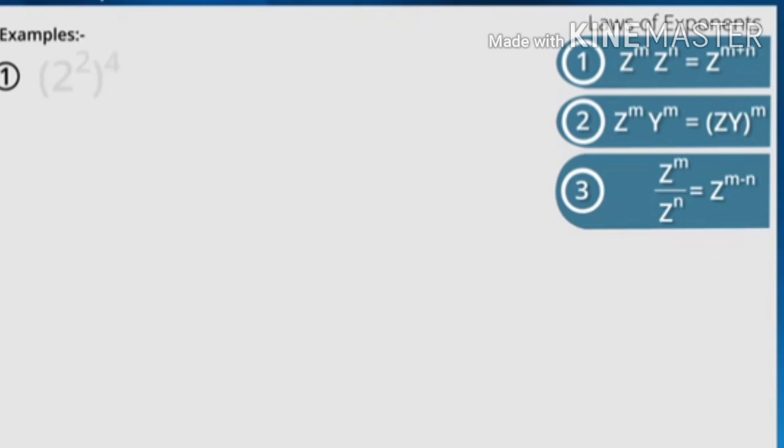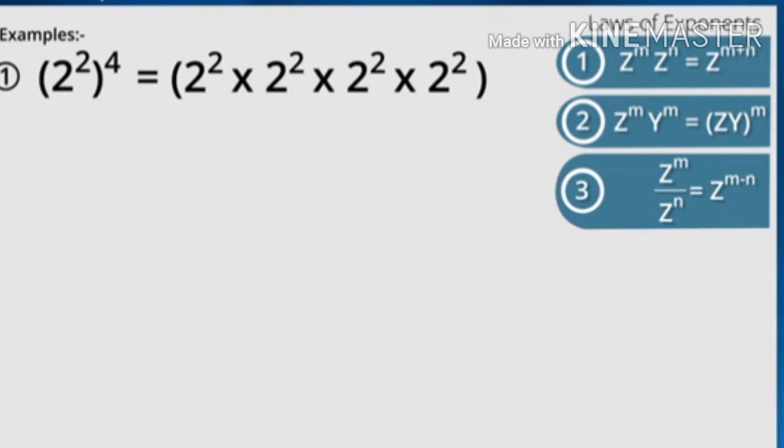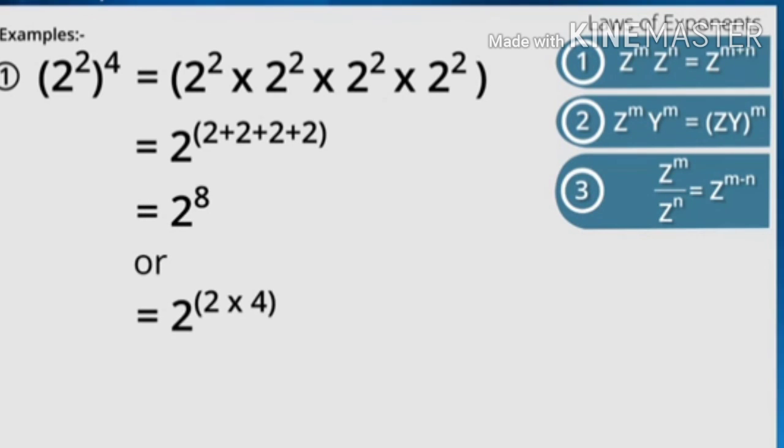For example, if we have (2 raised to the power 4) raised to the power 2, equal to 2 raised to the power 8. An easier option in such situations is to multiply the exponents, that is, here we have to multiply 4 into 2, which is equal to 2 raised to the power 8. Next example,